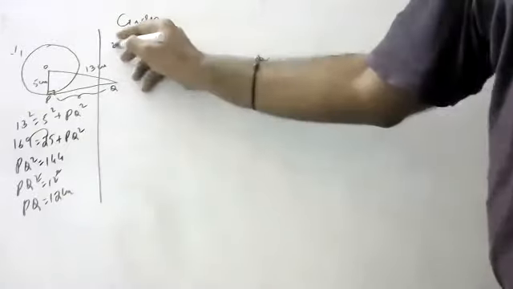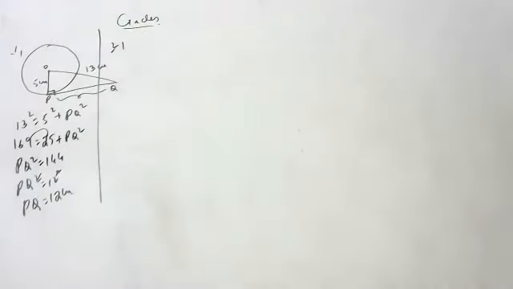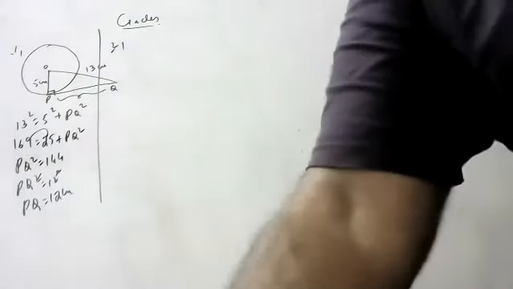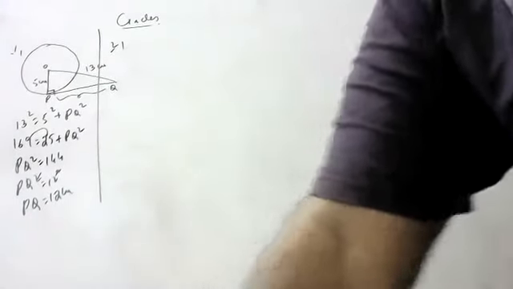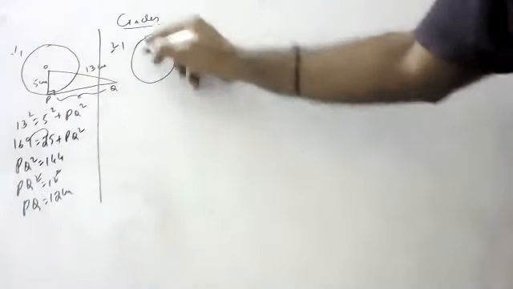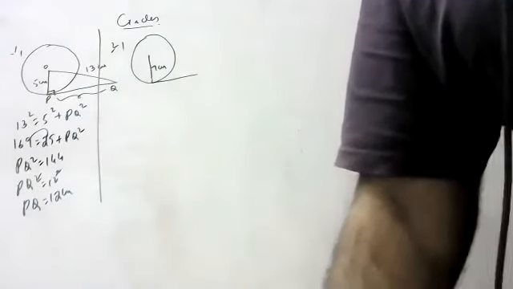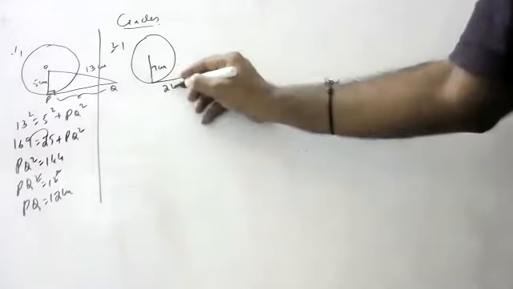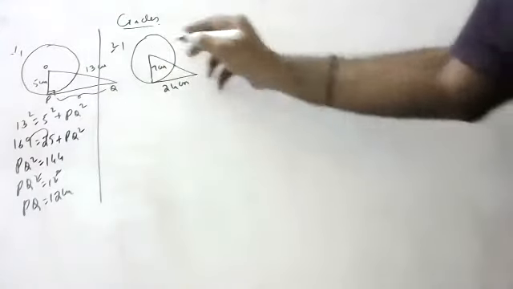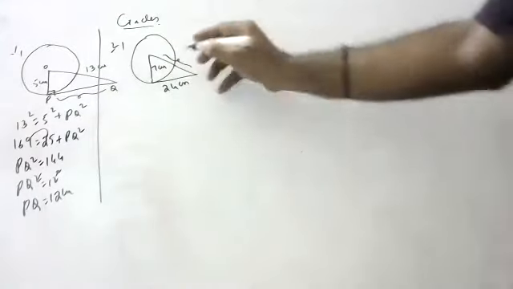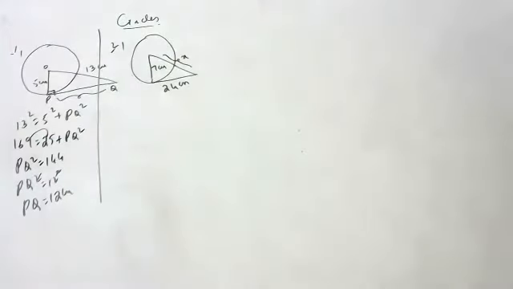Actually, this is a basic question I did first, so refresh your syllabus. A line through the center O of a circle of radius 7 centimeters meets the tangent at a point P of the circle at Q, such that PQ is equal to 24 centimeters. What is the distance of this? They are asking, children, what is the distance.